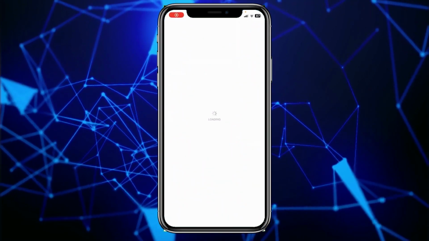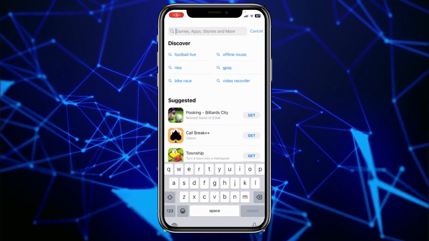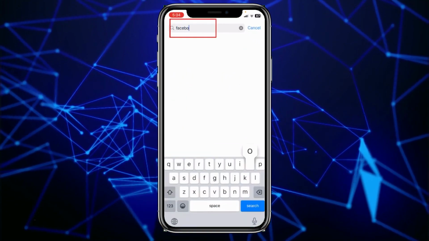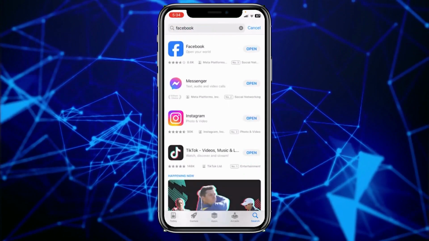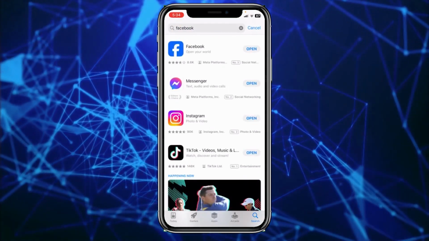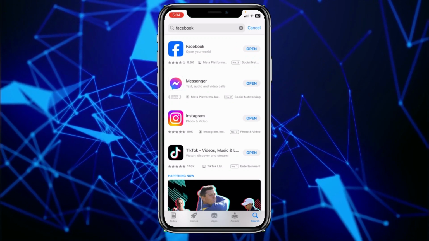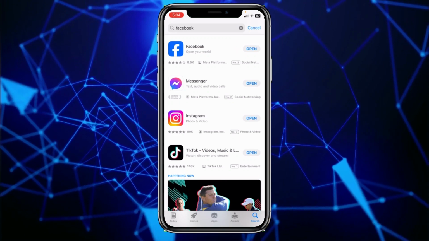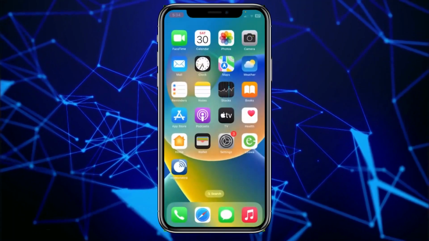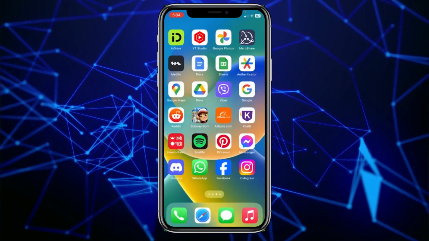Next thing you want to do is go on your App Store and search for Facebook to see if there is any update available or not. And once you search for Facebook, if it says open over here, that means your Facebook is up to date. But if it shows you update, you have to click on update to update Facebook, and your problem should